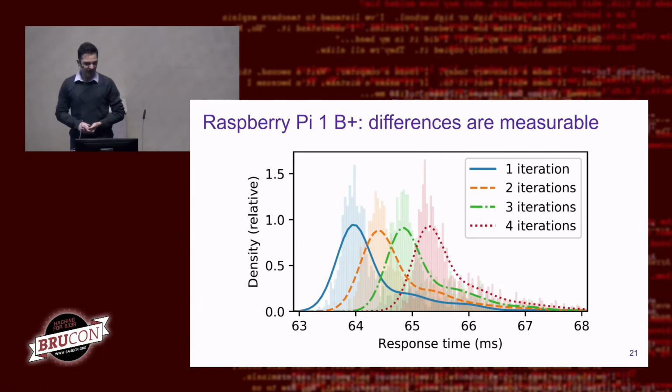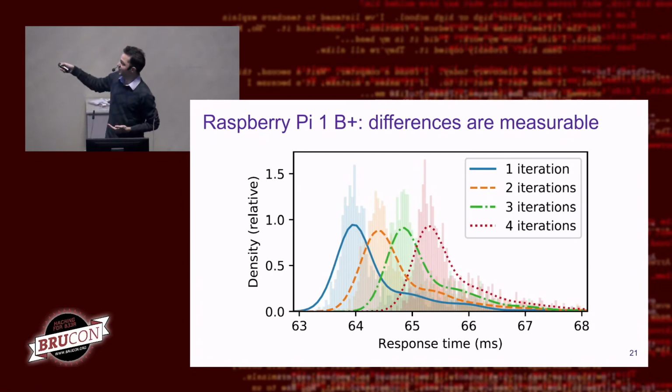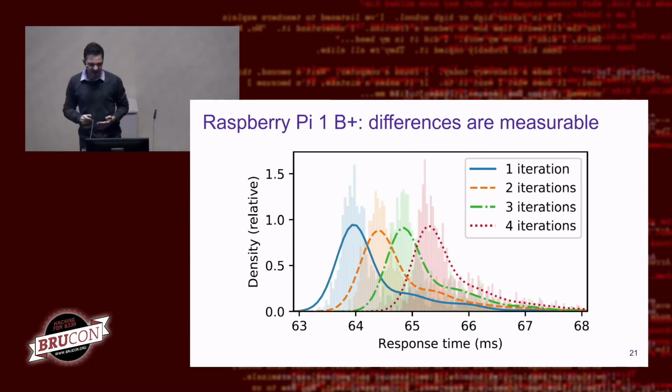So with this setup, with our HostAP running on a Raspberry Pi 1, we performed our timing attack, and based on this graph, we can see that if the access point needs only one iteration, it clearly has a different response time than if the access point would need 2 iterations. So here, this orange line is if the access point needs 2 iterations. We can see here that